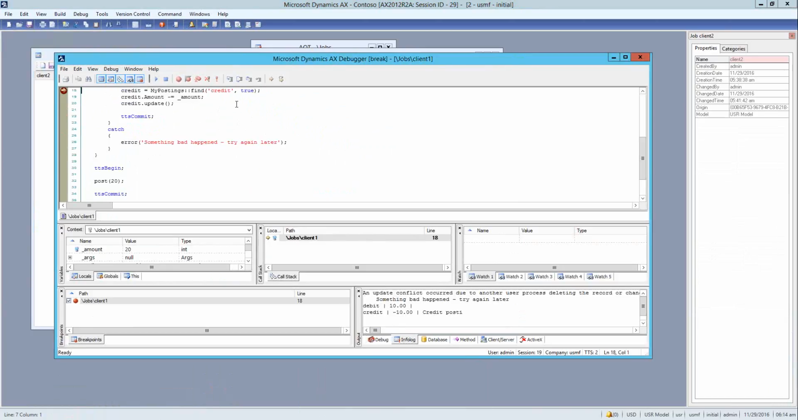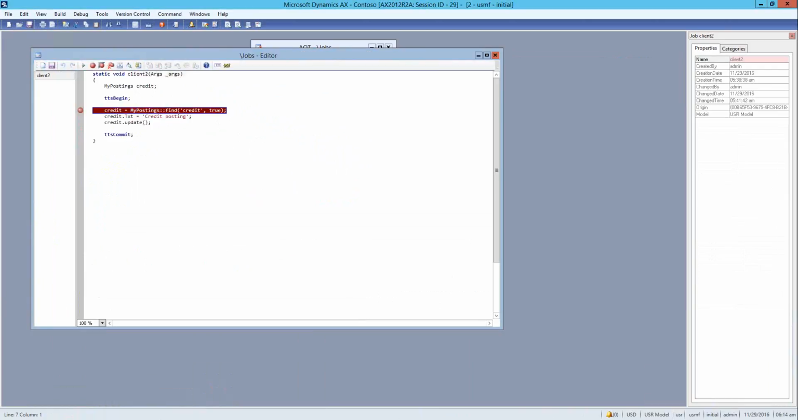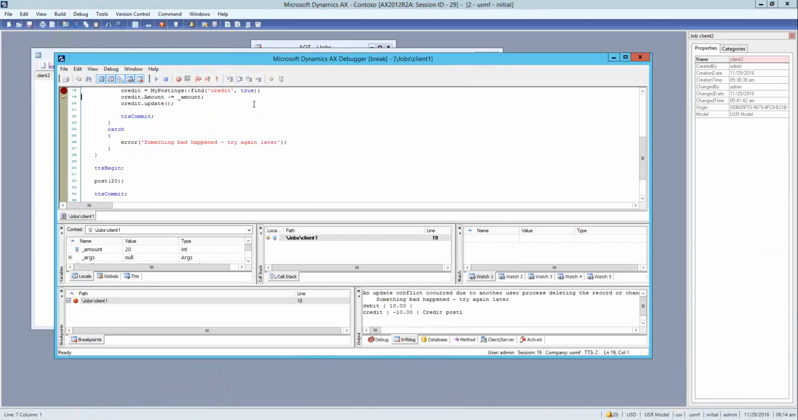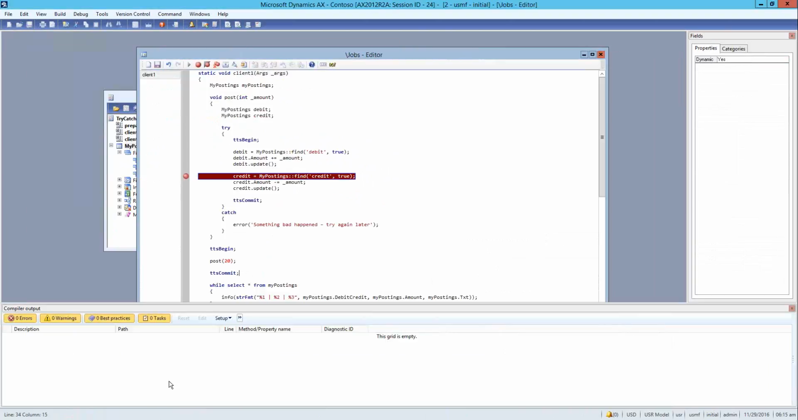Then in the debugger I will select the same record again. Then I finish the second job on the second client. And here, when I'm trying to update, the catch block did work, but you see the TTS level is still 1. So eventually we have TTS commit, and now that I check the data,